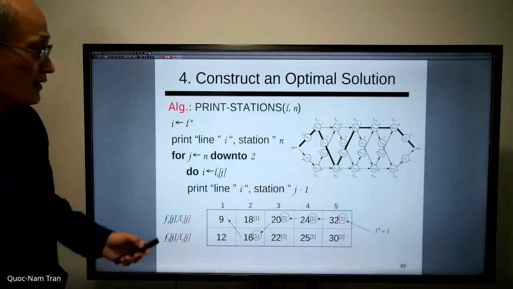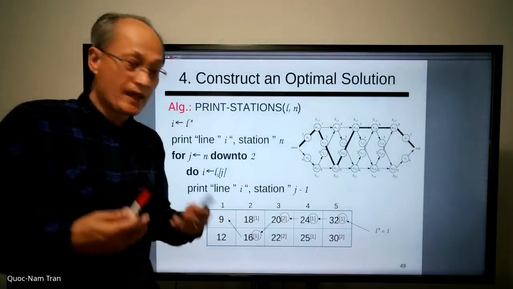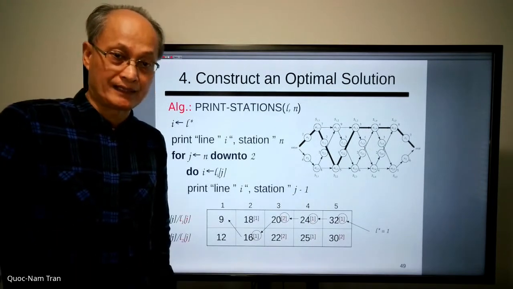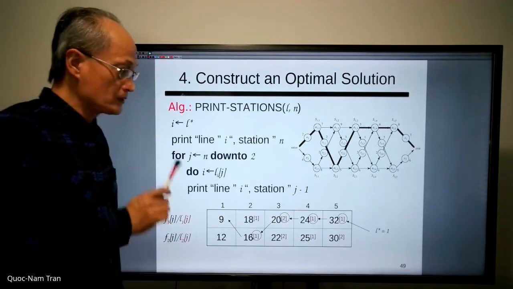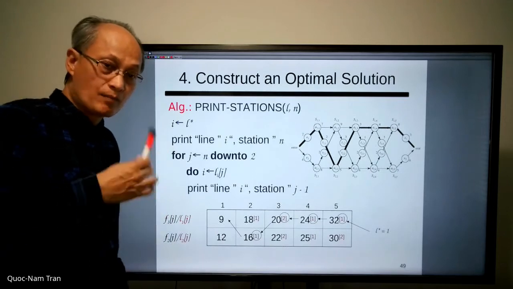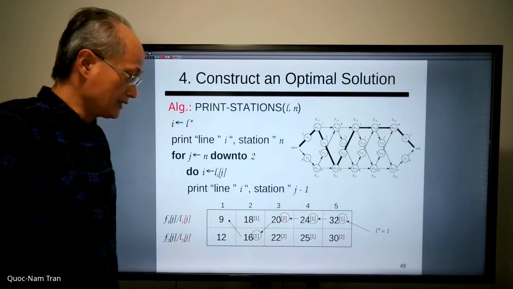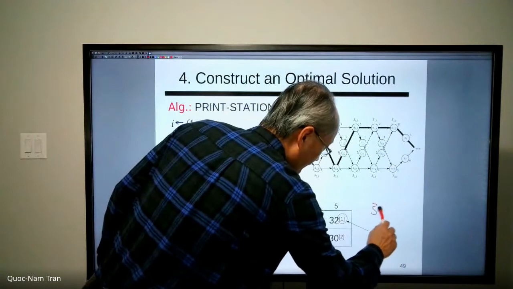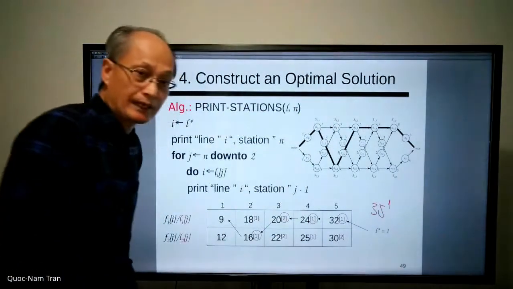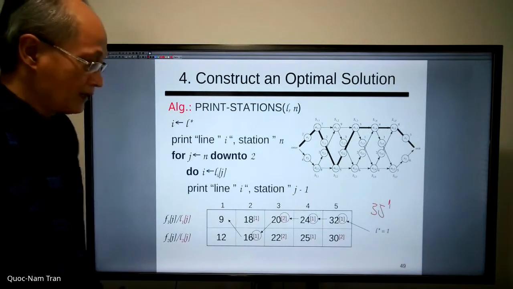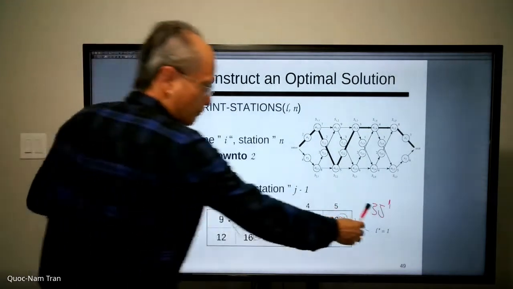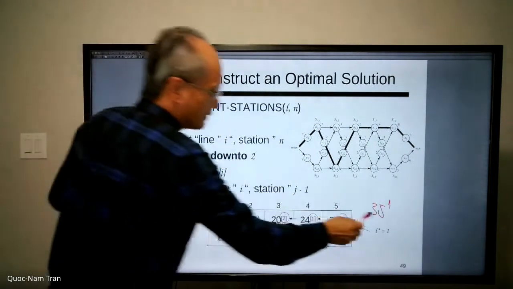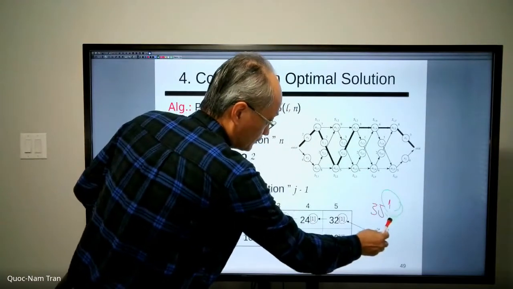All right. Now, after we have the values we calculated, how can we build up the path? Remember that we want to know not only the smallest time needed for finishing a car, right? So in this case, we have 35, right? And we know that we start with line 1. And hence, we just go backward, right? So we start with the values we have here, right? So we go to the next